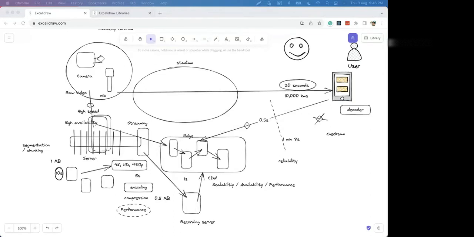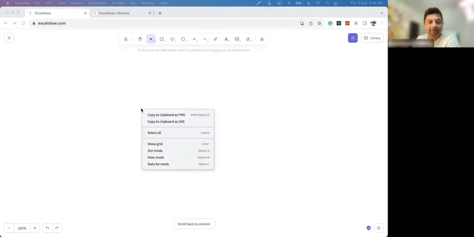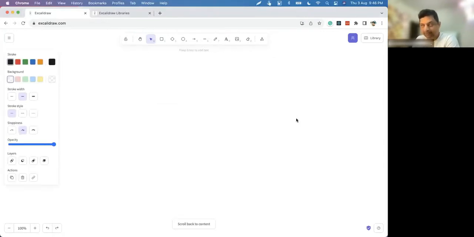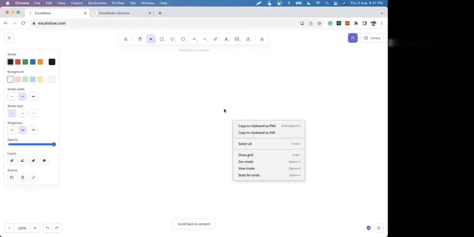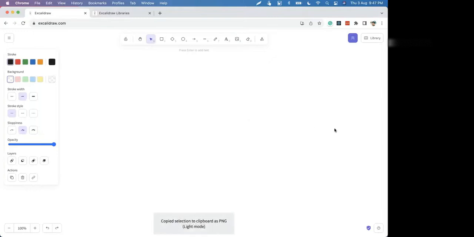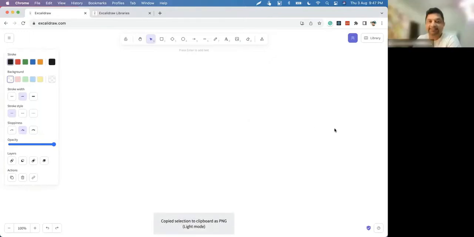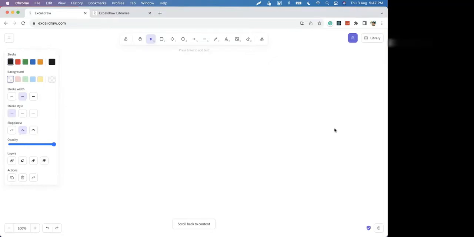Right, same diagram, I have done it in a better way. Let me paste that. And the purpose of checksum is only to detect if there is any kind of problem in the video or not. Yes, checksum is basically checking whether there is some data corruption or not.